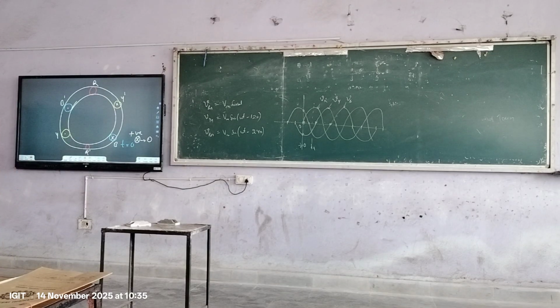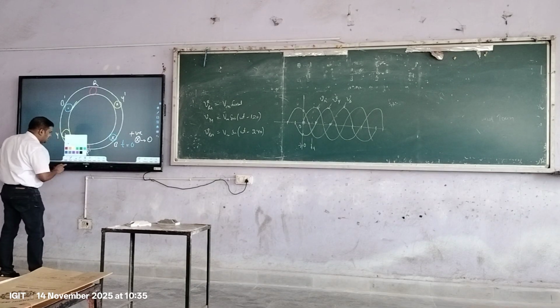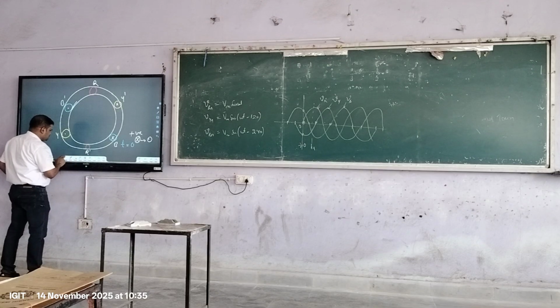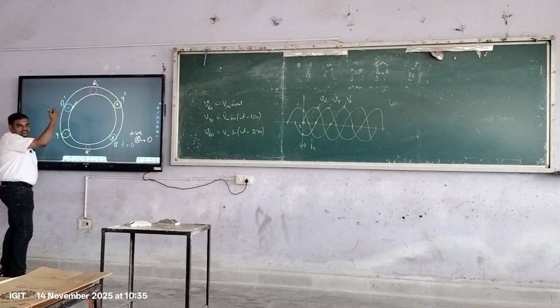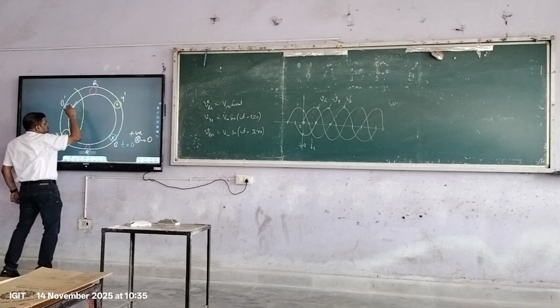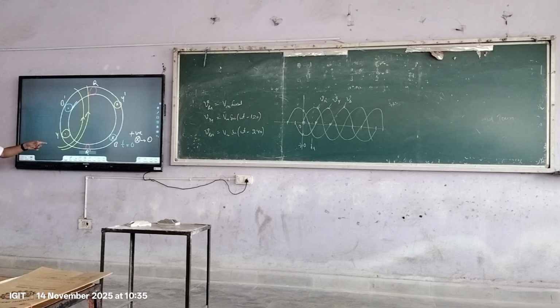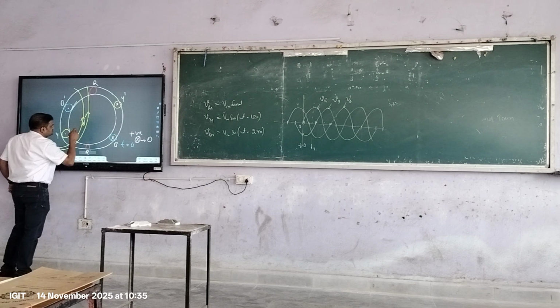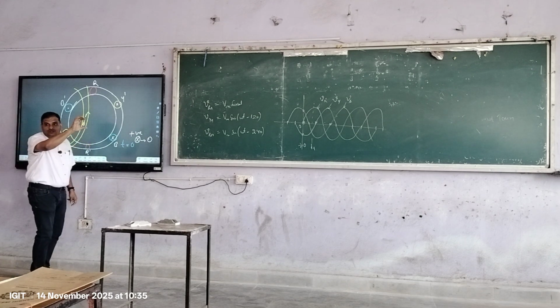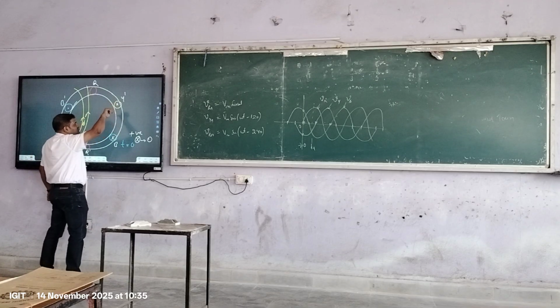Now let us draw the flux using the thumb rule, flux direction based on all the conductors' current. Now if we draw the conductors' current here, how does it look like? This is a dot, so dot is coming out. So the current is, agreed? So flux is like this. This is the direction of the flux. The direction of the flux is like this. And this side is cross. So direction of the flux is